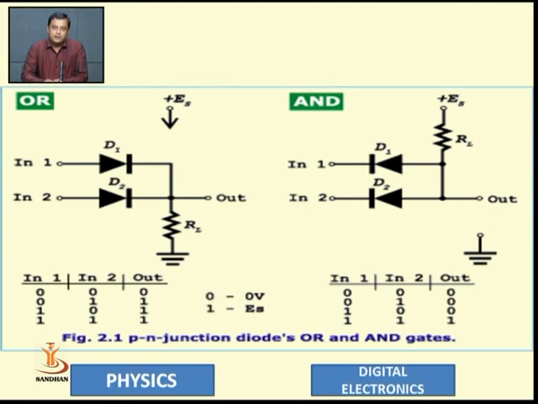So we can say that ES, the external power supply, is connected to diode D1 and diode D2 via the resistance RL. The resistance of diodes D1 and D2 is low, so from the power supply ES, maximum current passes through diodes D1 and D2, which means the output is 0.